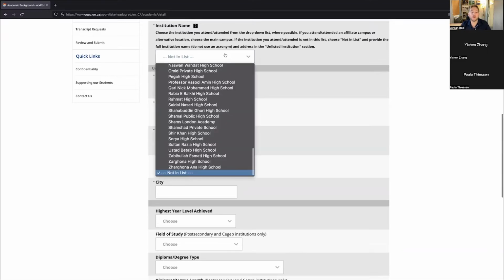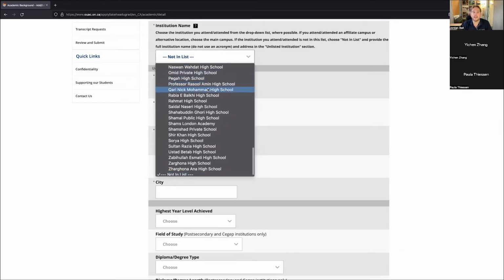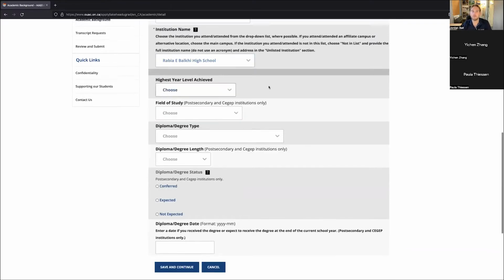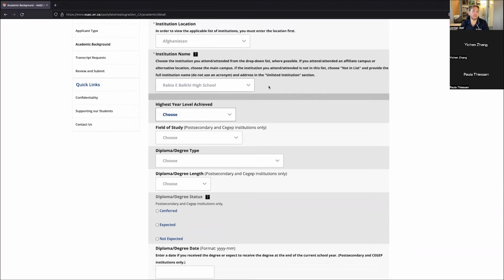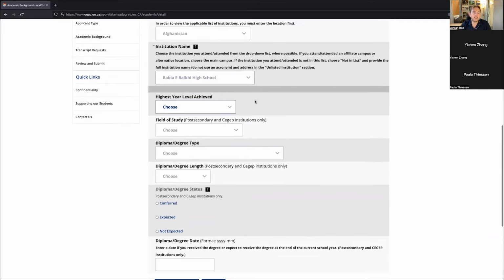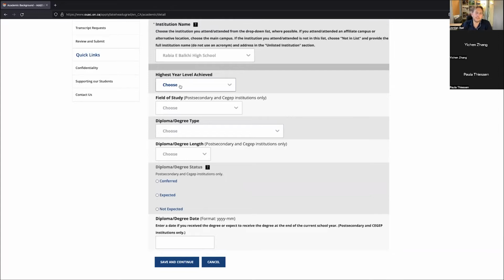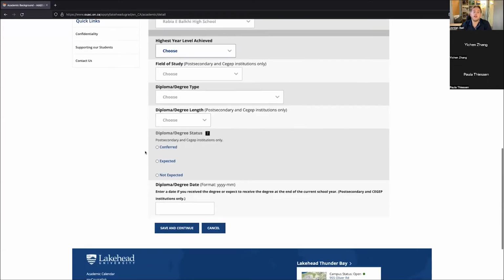If you're lucky and you do have a school listed, so let's say I went to this school here, I don't need to provide any more details. The system already knows and is going to pull that information in for us. Then you'll complete a few more details: the highest level achieved, the field of study if you did post-secondary or CGIP, your diploma degree type, your degree length, and then